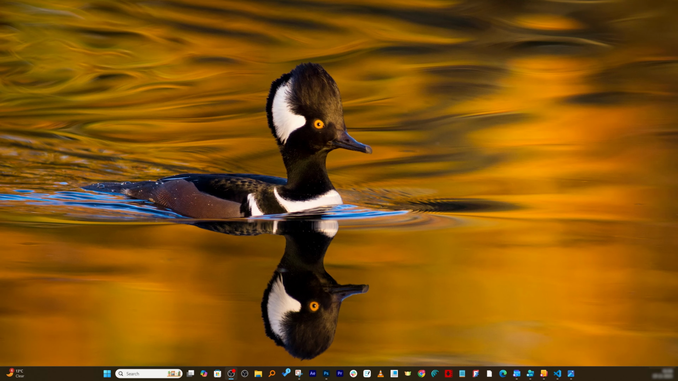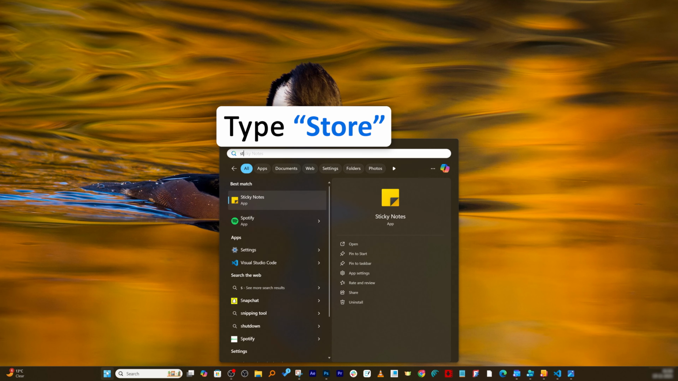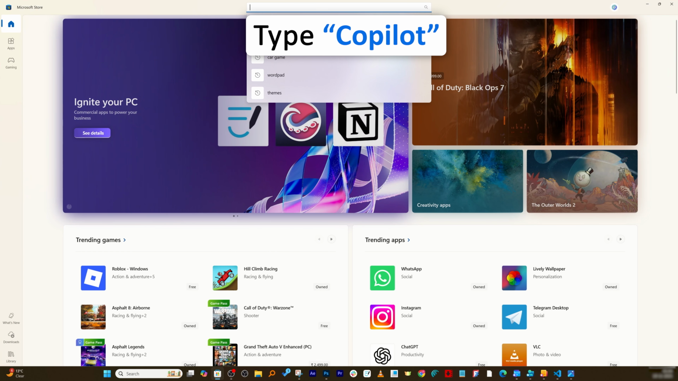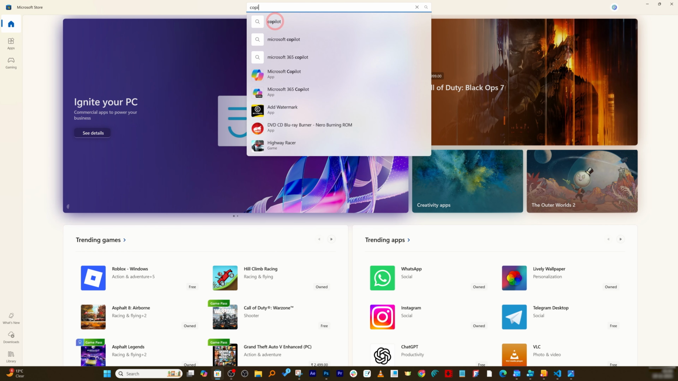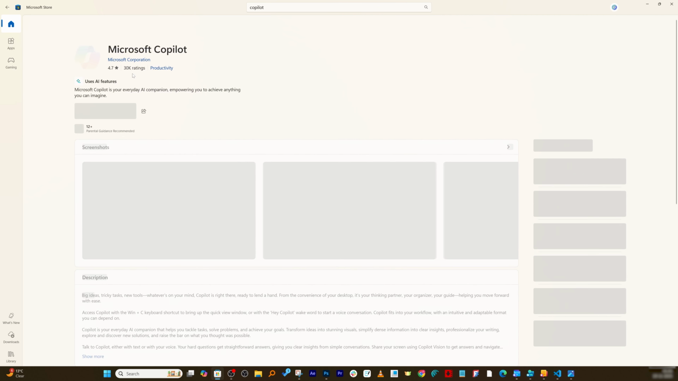I would say it is straightforward. All you need to do is visit the Windows Store. You simply need to click on the menu button and type store. And now here in Microsoft Store, I'm going to look for Copilot. So let me type Copilot. All you need to do here is look for Microsoft Copilot, and here we can see